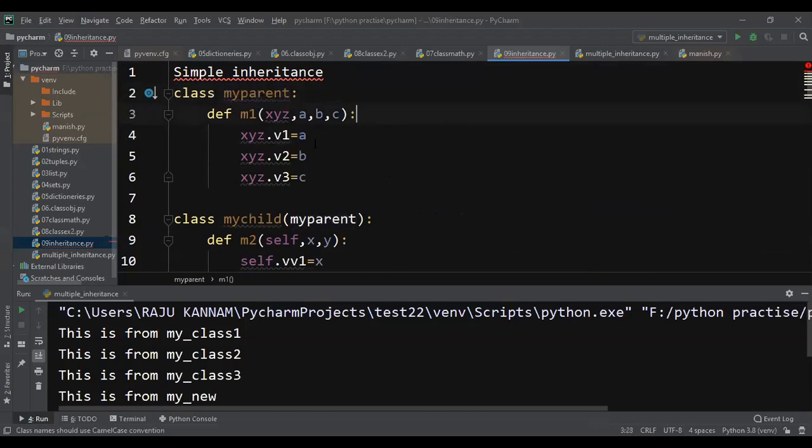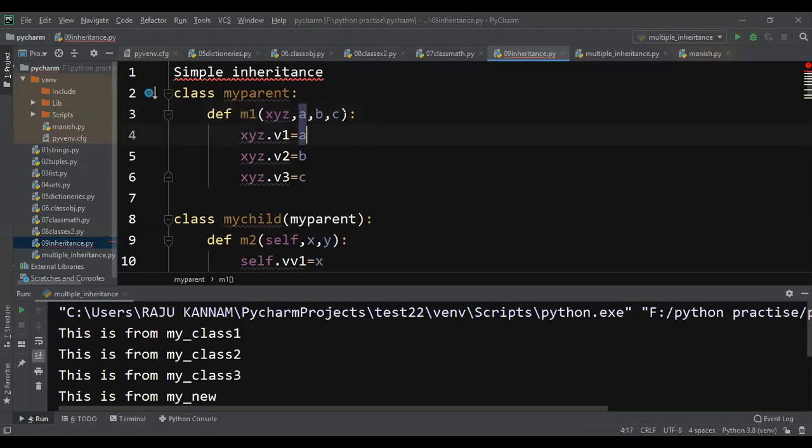In this my parent, I'm defining one method. Of course, you know how to define a method. You have to use the keyword def, and I'm defining the method called m1, with the reference parameter for this class, and a, b, c. So m1 is taking 3 parameters as arguments.